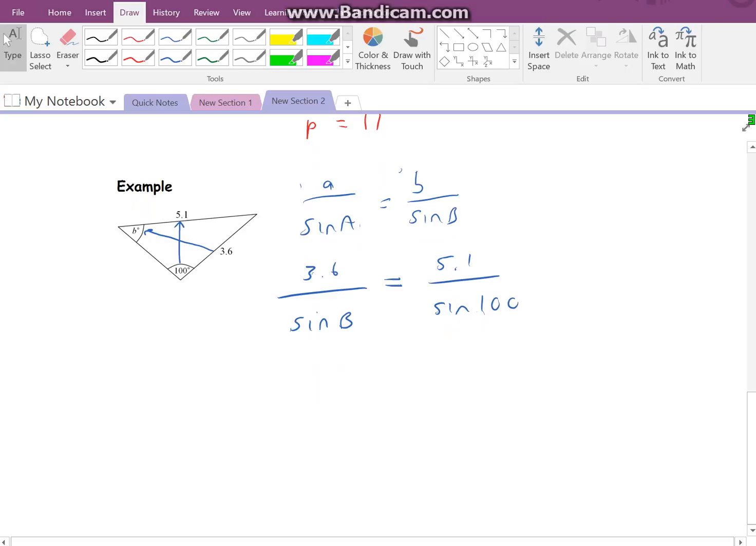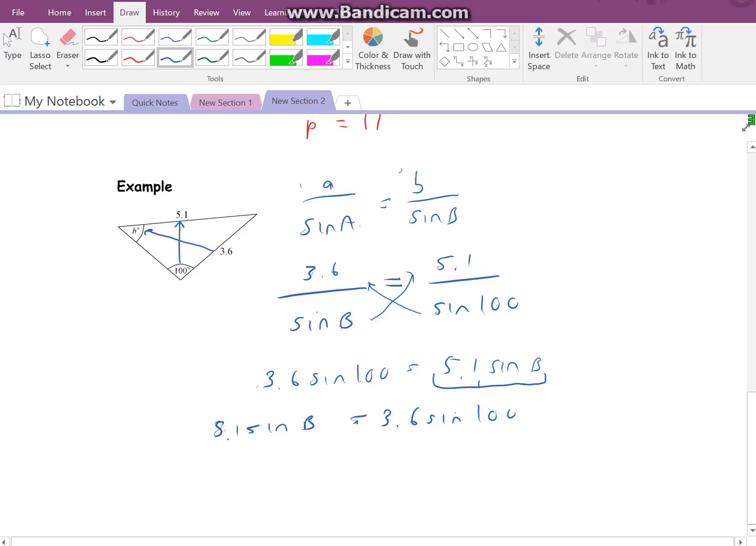Right, I've only like 50 seconds left before this video cuts out, so I'm going to do this really quite quickly. So you're going to have your 3.6 sine of 100 is equal to 5.1 sine of B. Okay, we're trying to find B, and we know that 5.1 and sine B are multiplying, so sine B, put in our 5.1, is equal to 3.6 sine 100. We want to find sine B, so we get 3.6 of sine 100, and we divide it by